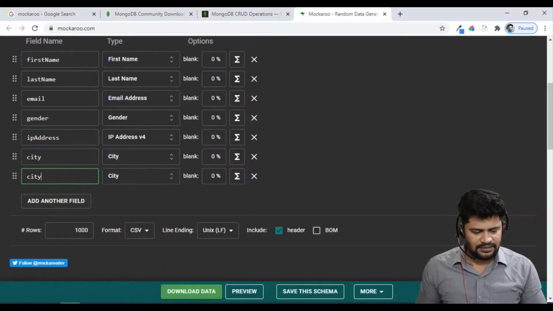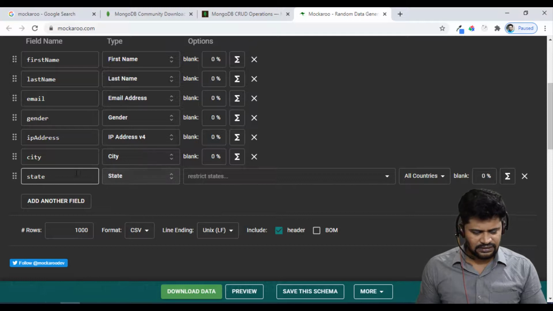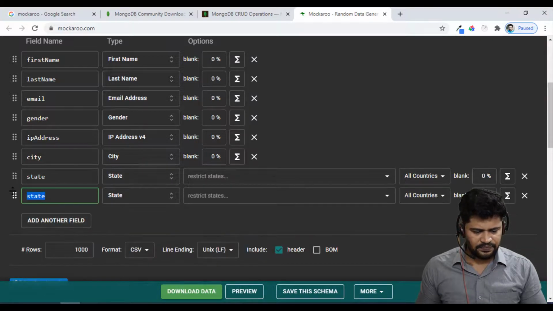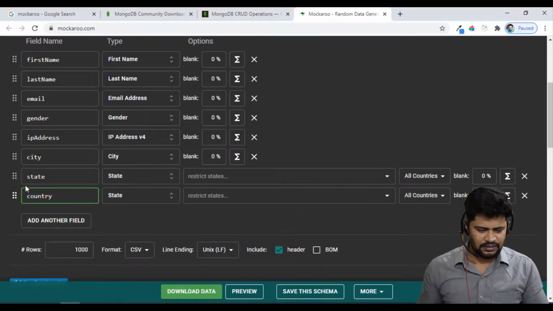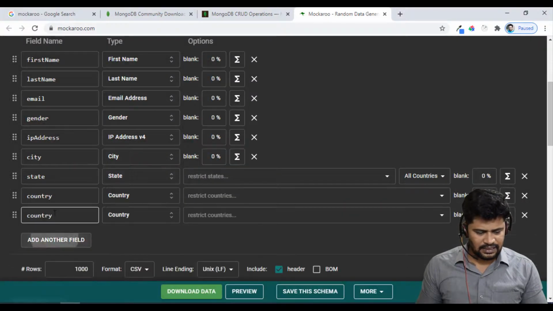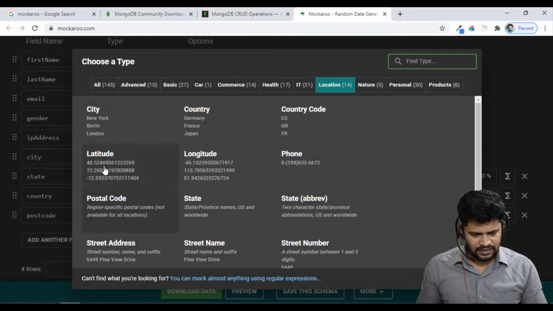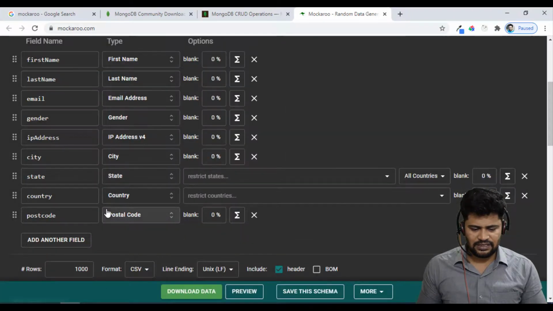Add a new field, something called state. Select state. Okay, and add a new field, country. You have country, and then let's say postal code. I think you select something called postal code. That's all.